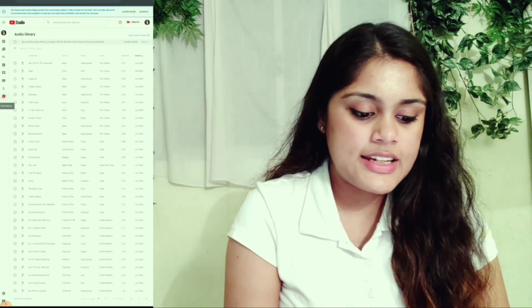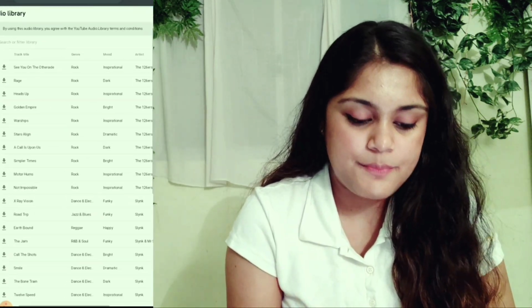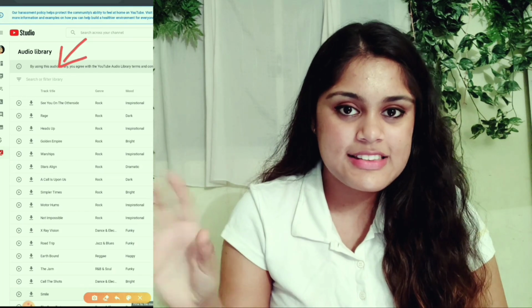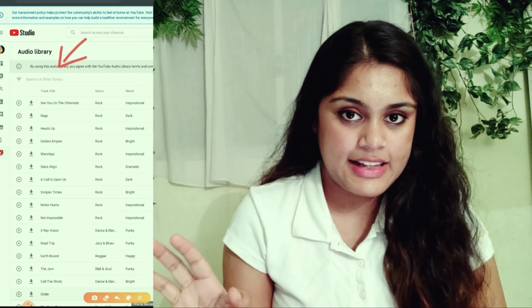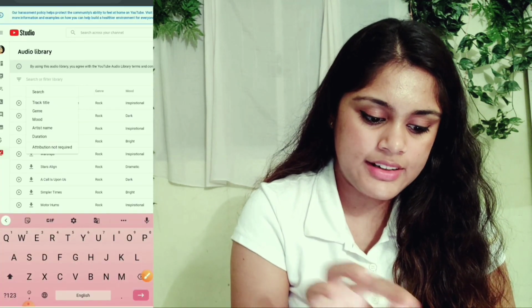Now that you know already how to use the Audio Library Classic, the newer version is also very simple. Once you go into the YouTube website, if you're directed into the newer Audio Library version, then it's really simple. There is no tabs for modes, instrument. There is only one search option, which is search or filter library. There is no tabs and drop down similar to the classic version. Here you need to click on the search or filter library.